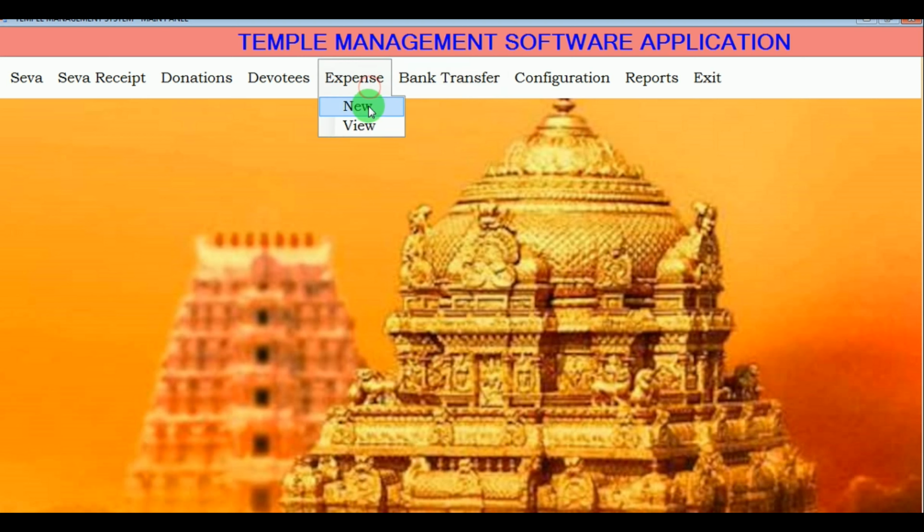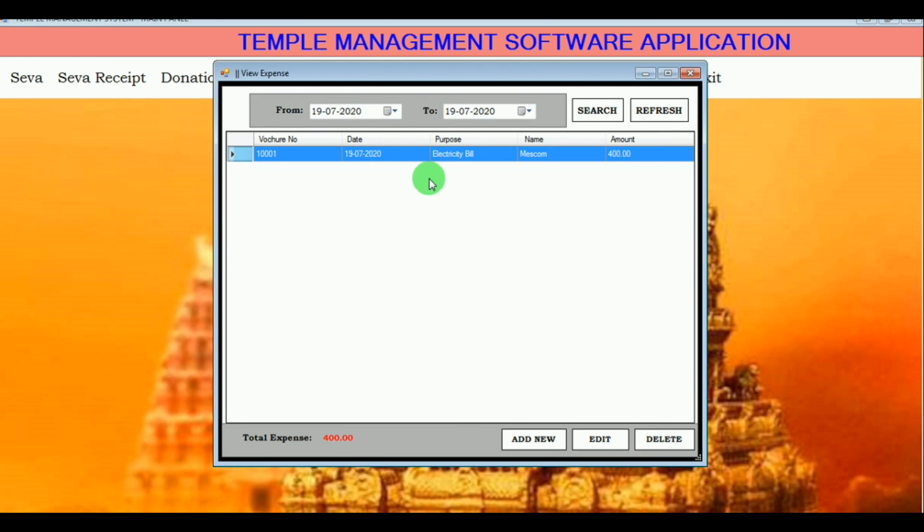Under expense in view, here admin can view all the expenses made. Admin can either search by mentioning the